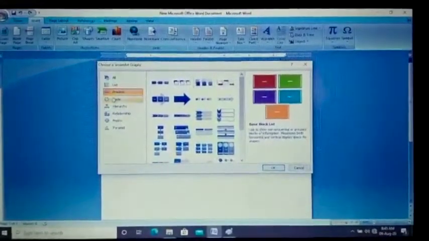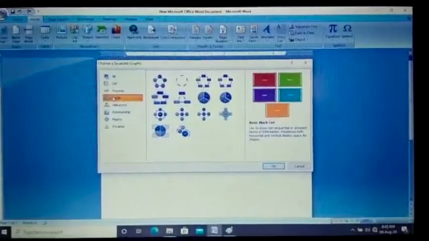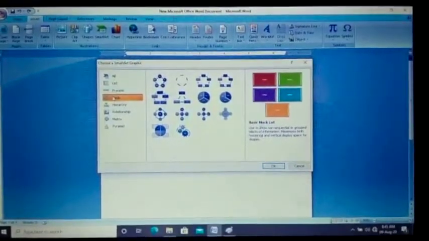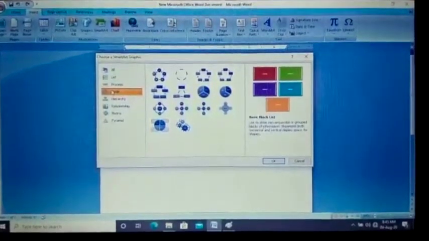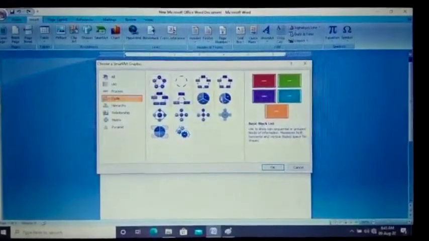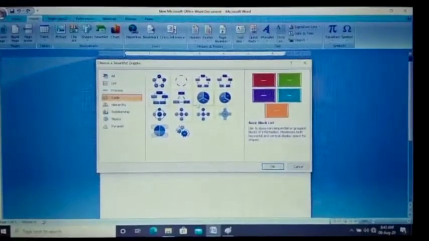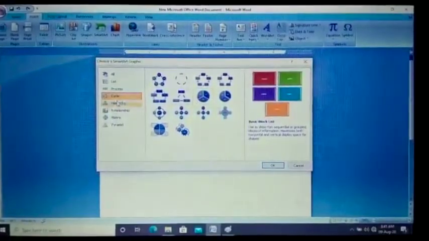Next one, Cycle. Information blocks are in the form of a cycle with no start and no end, such as a life cycle and a teaching cycle. Third one, Hierarchy.